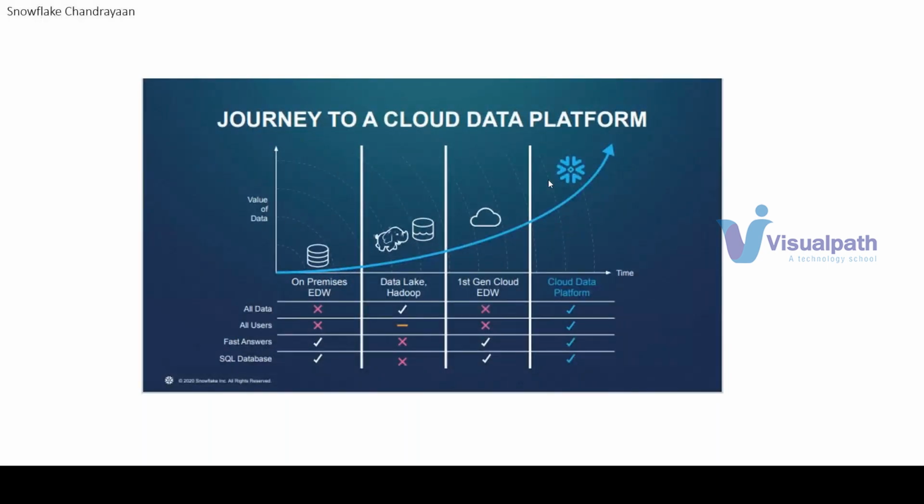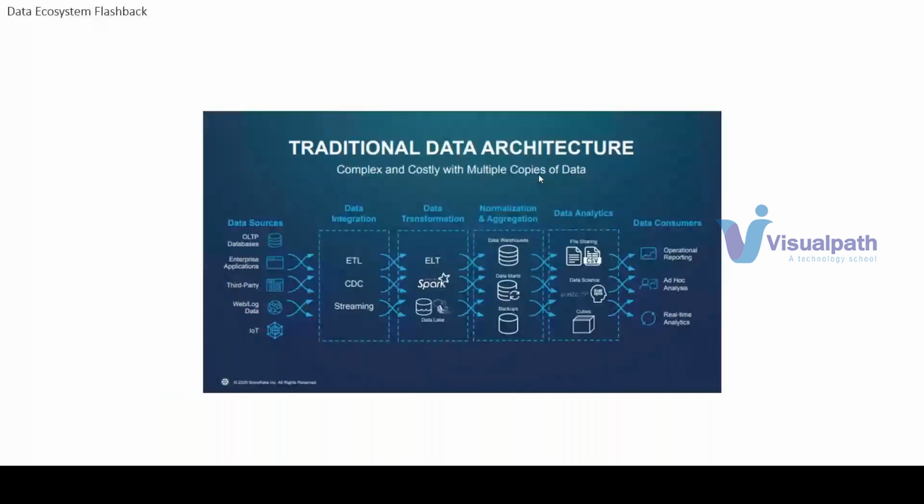Now, I'll tell you. Snowflake, when we start using it, is a modern computing platform. Let us go a step back. You have the different types of sources that we use, right? That means the different types of sources might be